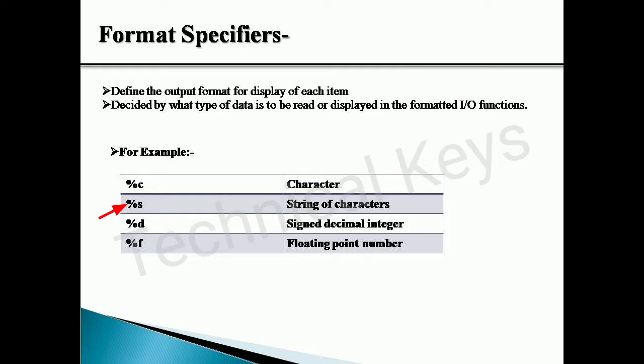But for basic programming, we will just need three format specifiers, that is %c, %d for the integers, and %f for float values. %s, of course, we will be using, but in the advanced part. Right now, I will just explain that string of characters means group of characters. Means if I want to display my own name, it has multiple characters in it. So if I want to use my entire name as a whole in my program, I have to use the concept of strings. For that, you have to wait till our basic programming gets over, and then we will go for the strings concept.